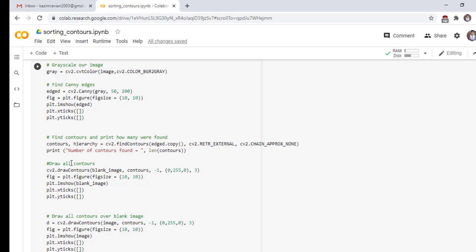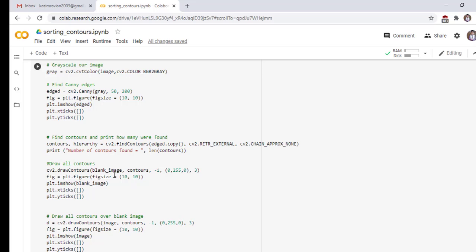Draw all contours. Now we will use the drawContours function to draw all contours on our blank image. In this function we pass our blank image, our contours which we have already found with the findContours method, and -1, which means draw all contours on our image. This is 0,255,0, the color of our contours, and this is the thickness of our contours.